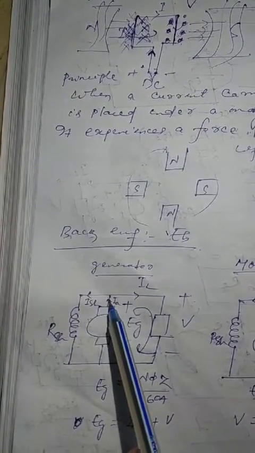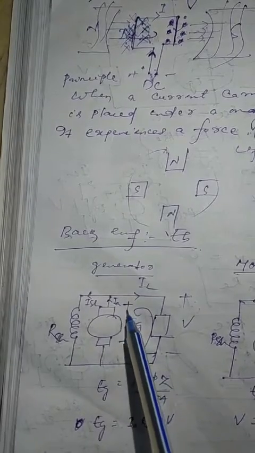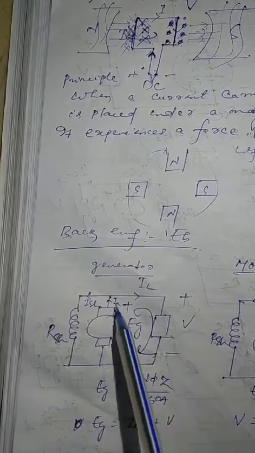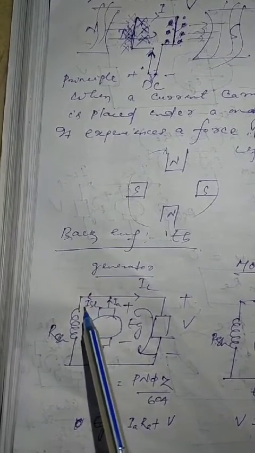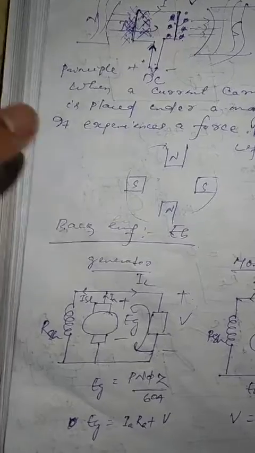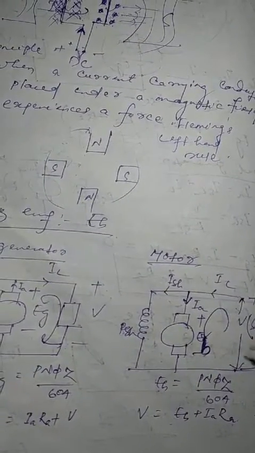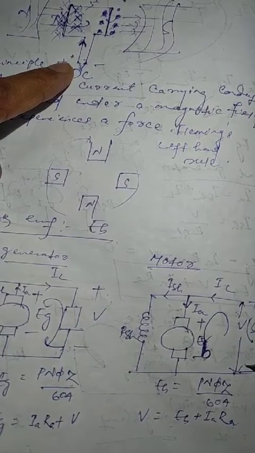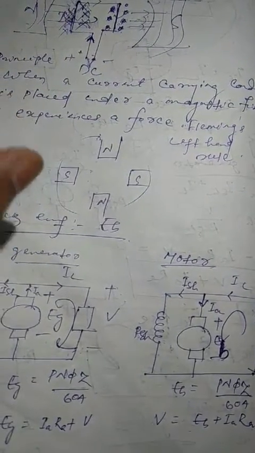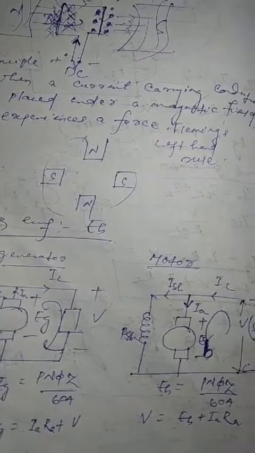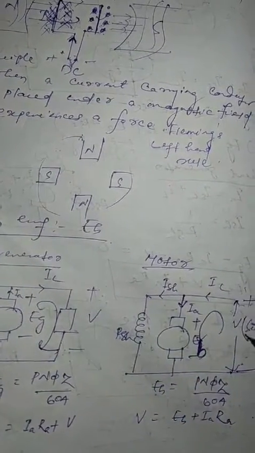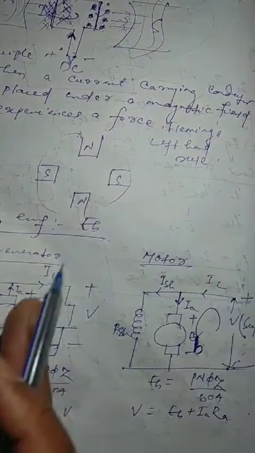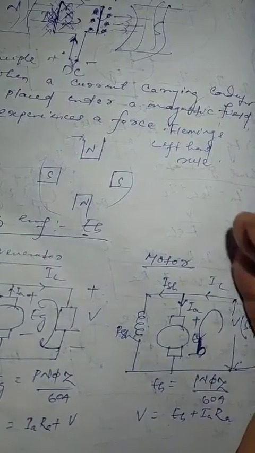Here it will be producing the current, that is the armature current in the generator, which will be flowing in the load, and finally there will be the load voltage. Similarly here you have the Shunt field current. But in case of a motor, where you have to give the supply, I told you, wherever we were getting the output voltage in the generator, now you have to give the input voltage from those terminals. So here the input becomes the armature part, whereas there the input was the load part.